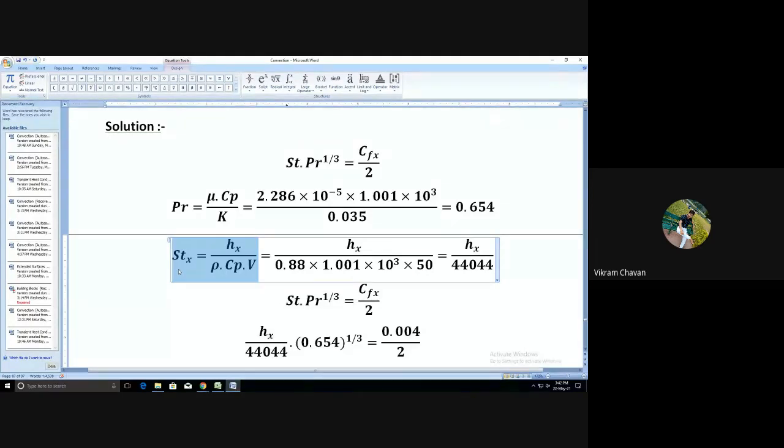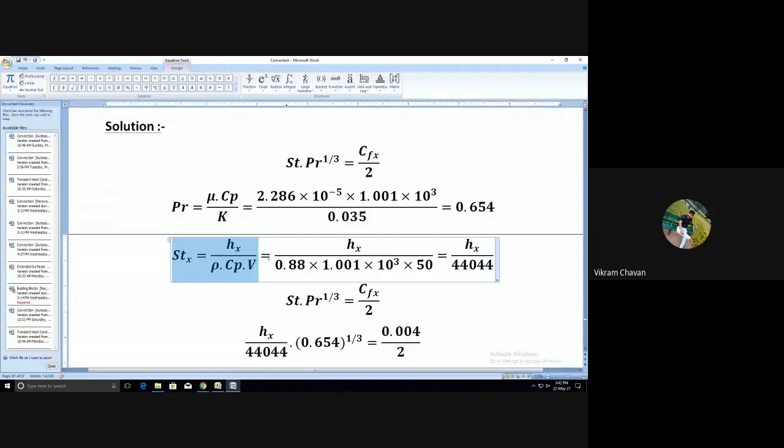Now here in this particular formula of a Stanton number, the heat transfer coefficient is the local heat transfer coefficient, because we are determining the local Stanton number. But actually that is our final outcome. So by using this Stanton number formula, we are unable to determine the heat transfer coefficient directly. So whatever value we get from this equation, we consider this value of Stanton number in our given relation. We just need to simplify this Stanton number formula.